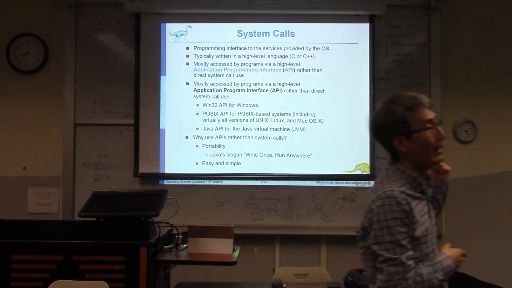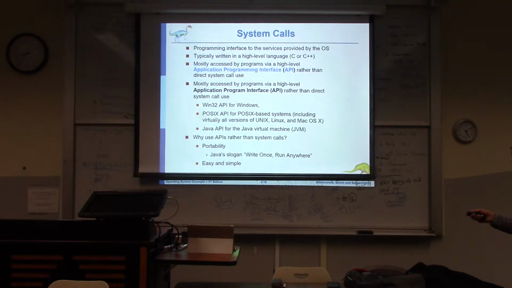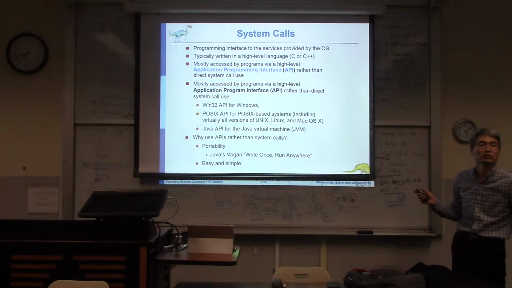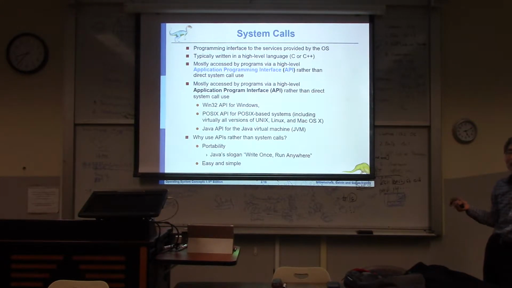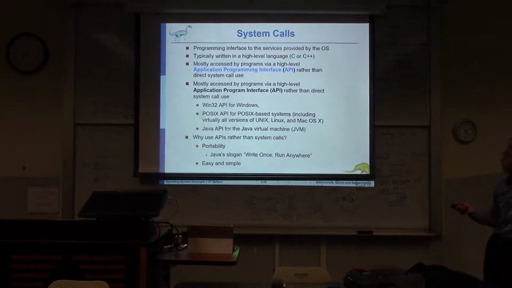We will see in the next class the history of Unix, and then we will see a little bit more about the POSIX API. So, two versions. If you are using Windows, it's the Windows API. Nowadays it's called the Win32 API or Windows API. You have probably used such a Windows API sometime. The POSIX API is for Linux or Unix systems, and Mac OS also. Why Mac OS? We will see later.